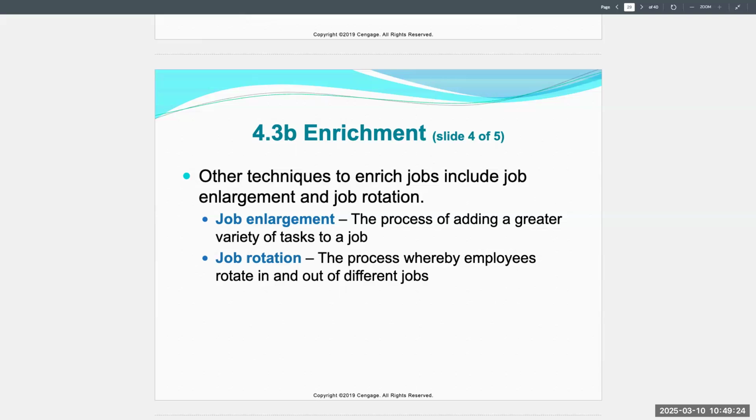The second thing that we have is job rotation. It involves shifting employees between different roles at similar levels. This is commonly used in industries such as manufacturing, healthcare, and even corporate settings. So a nurse, for instance, may